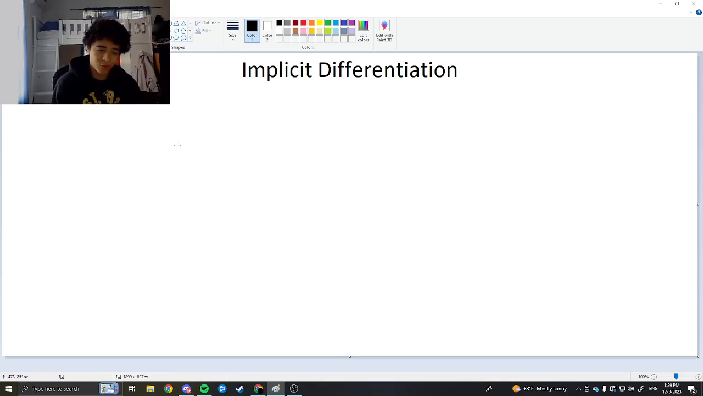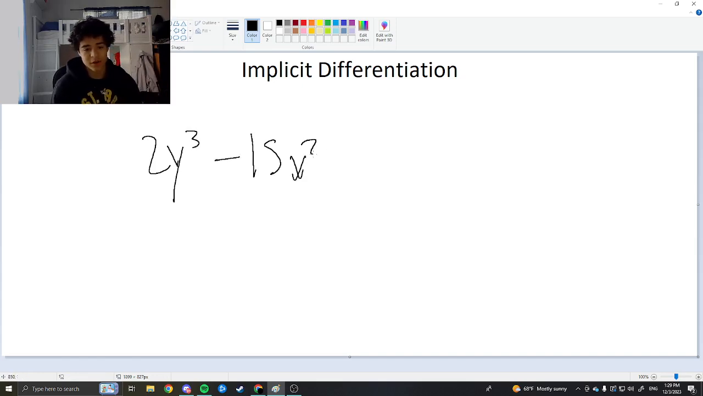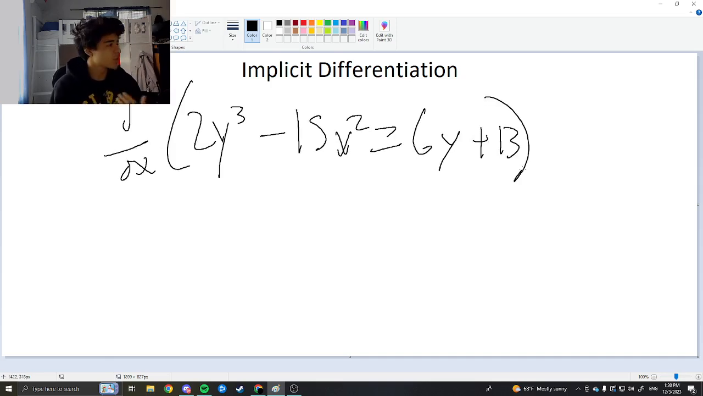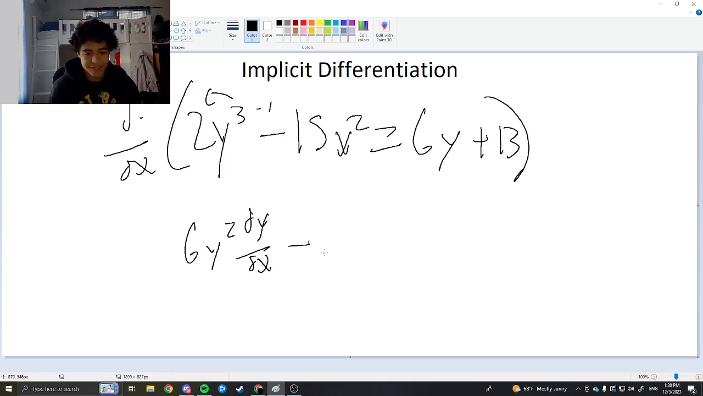Let's say we have the equation 2y to the third power minus 15x squared equals 6y plus 13. So let's go about it using implicit differentiation that we just learned. When you're deriving y, you derive it the same way as normal. You bring the 3 down and subtract 1 on the exponent, so you get 6y squared. But then you gotta apply the dy dx, because it's deriving in regards to x, and it's a y value. So 6y squared dy over dx minus, you derive the x like you normally would, 30x, equals 6, derived as normal, but add a dy dx,